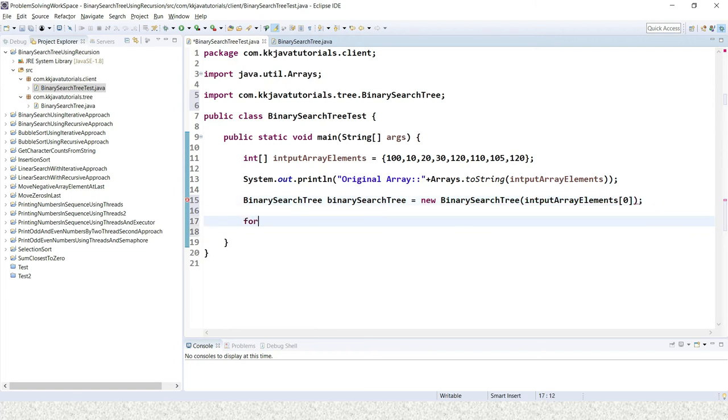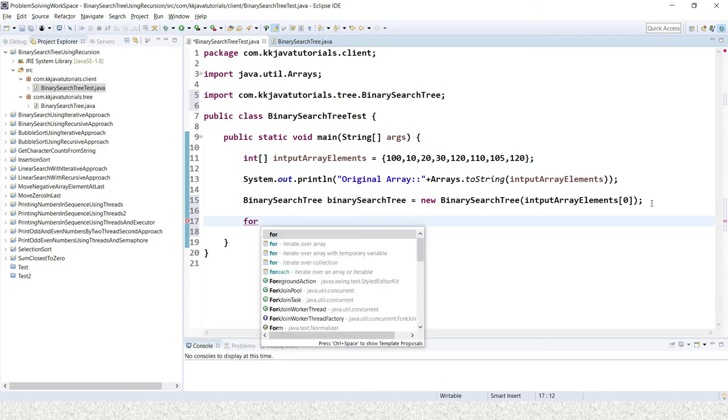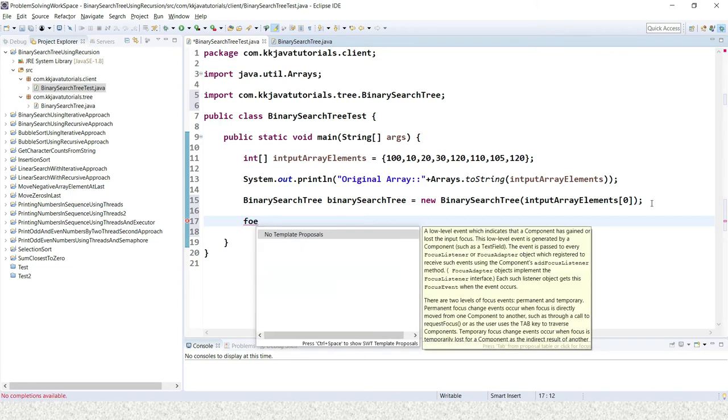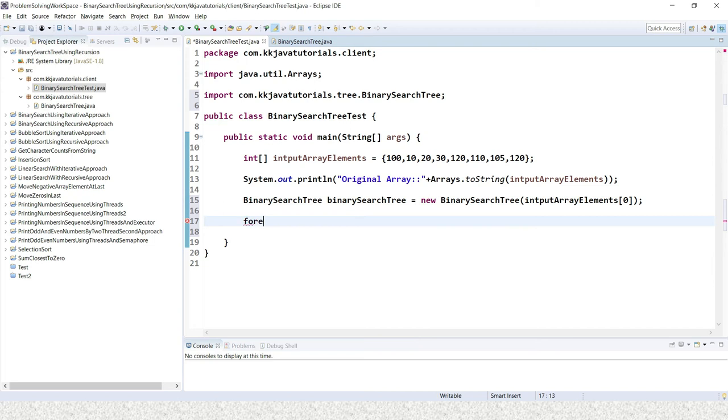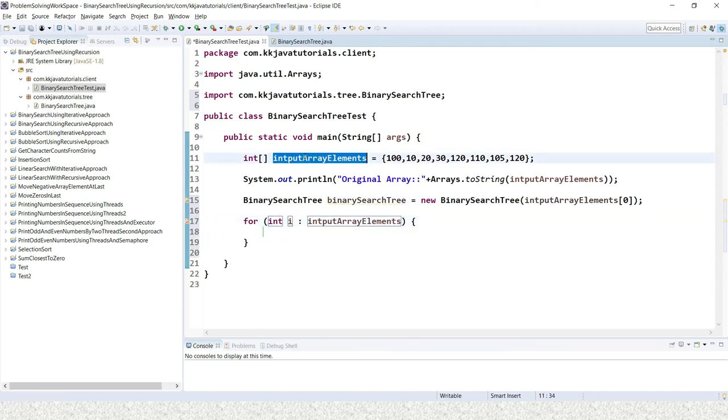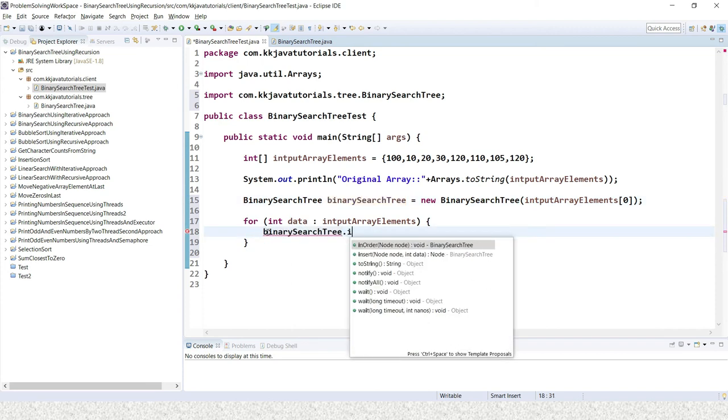Now I am going to iterate this array, okay? Let's say this is nothing but data, and here you have to call this insert method iteratively, right?